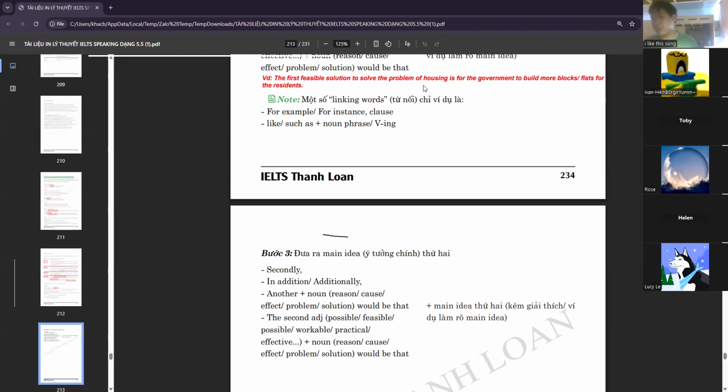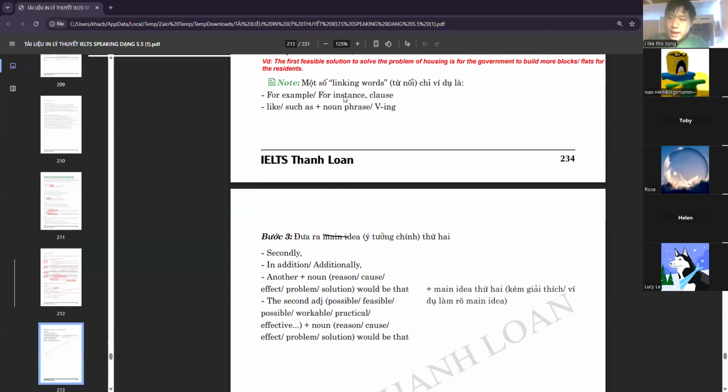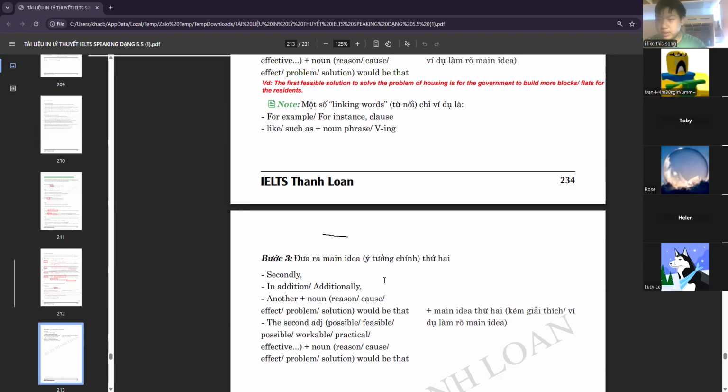Because no sane person would think about their main idea for a very long time. You don't have that much time to think of two really detailed solutions or problems or causes. So what I suggest is to really develop one and give another one just for show. If you still have time, you could give your second main idea, and you will do the same thing as the first, just a bit less developed. I know it's a bit hard for you to create two ideas in a pretty short amount of time.